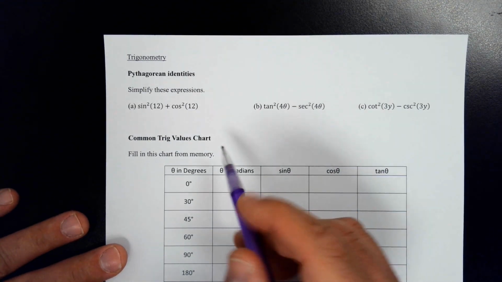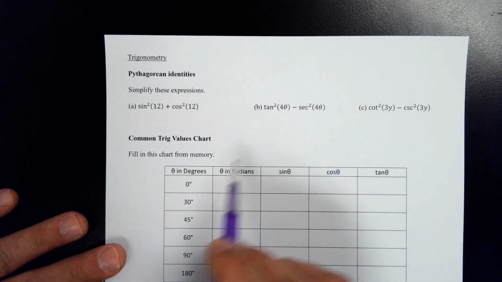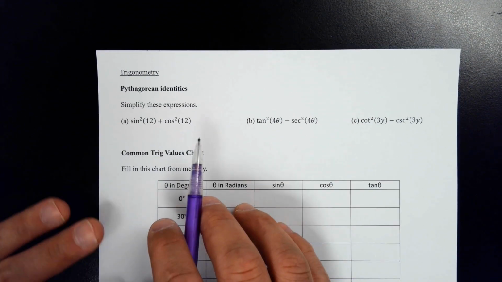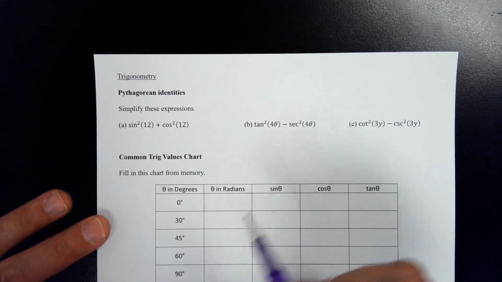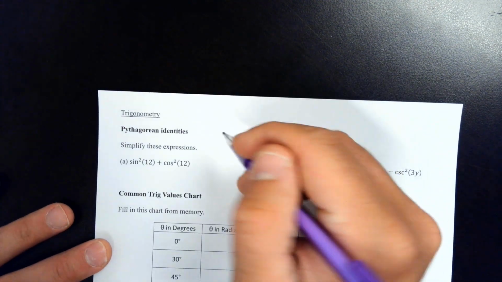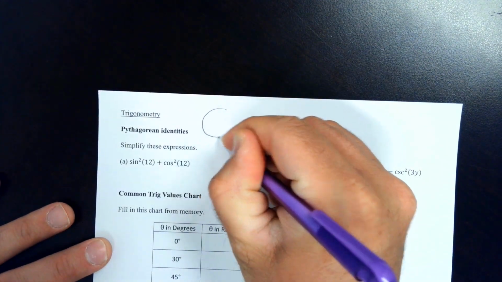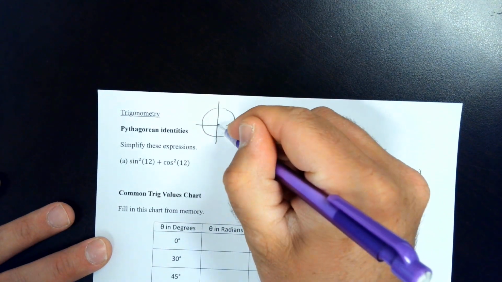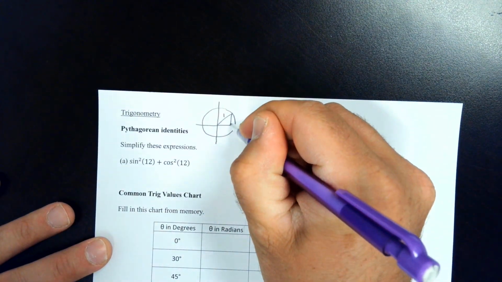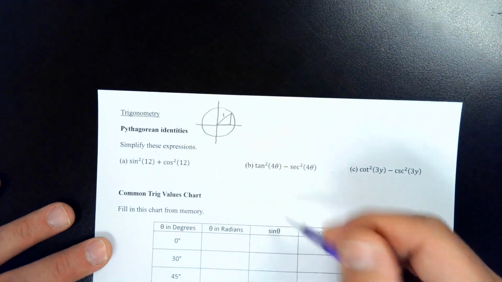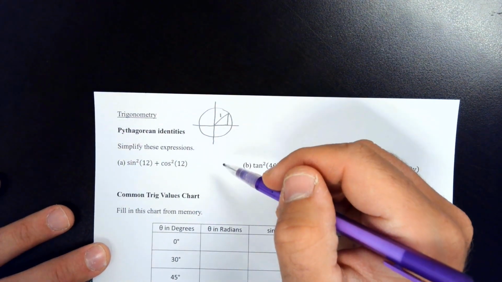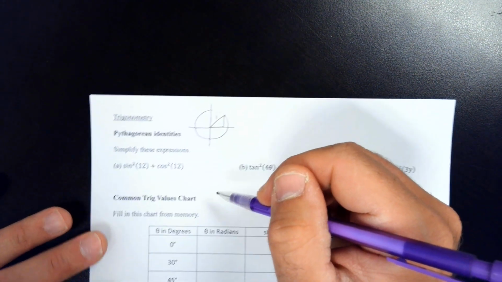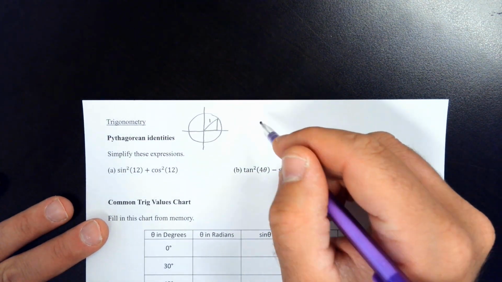There are some trigonometric identities which are kind of nice and which show up a lot. One of them is called the Pythagorean identity, because if you have a circle, the unit circle for instance, and this distance is 1, these two sides are cosine theta and sine theta. So one thing that's true is that